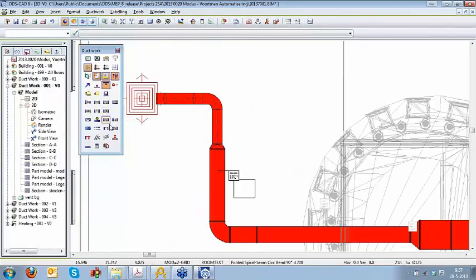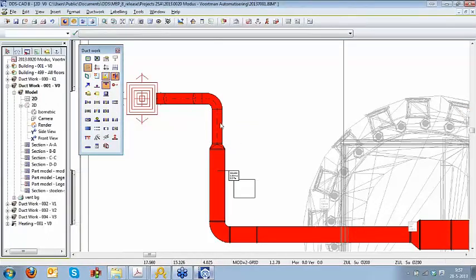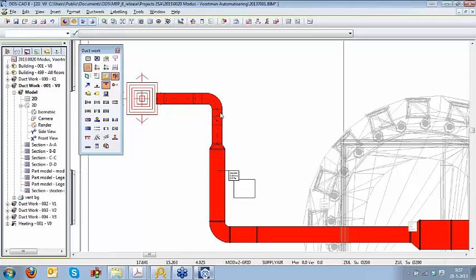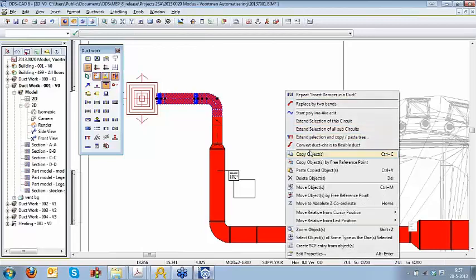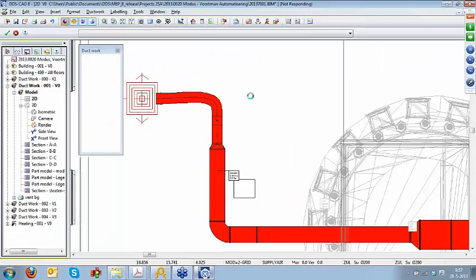Then one of the next steps could be that we will insert a damper inside this element. So the damper is also part of the system. Cancelled my damper, then I click OK, and after the damper, many times there will be flexible circuits. And flexible means that it is flexible in a way that the terminal itself can be moved. So we started